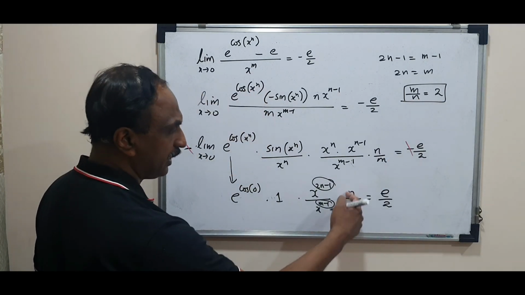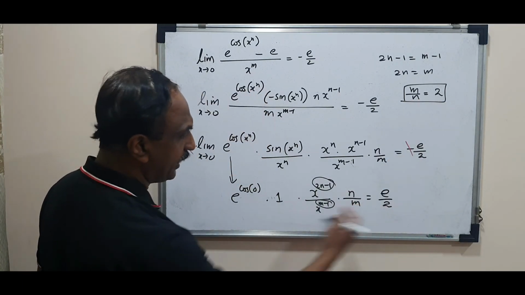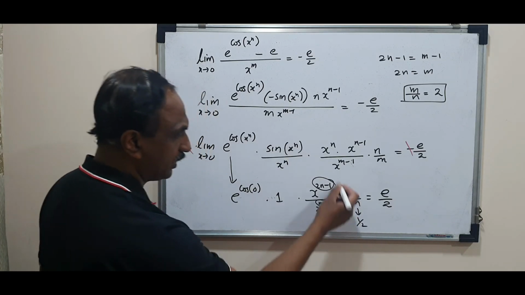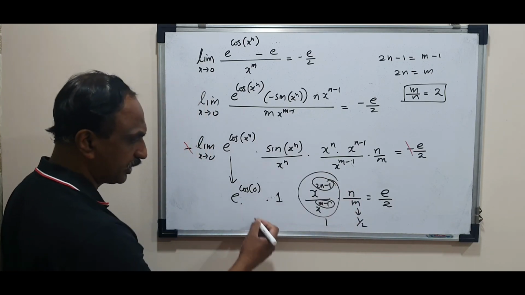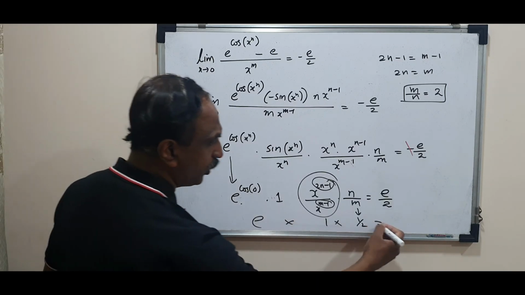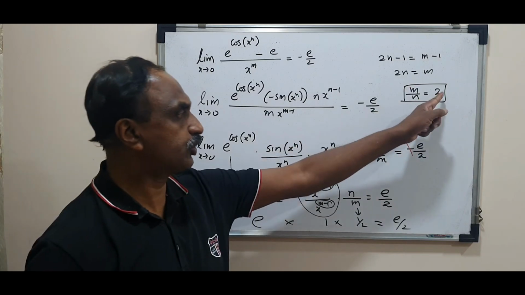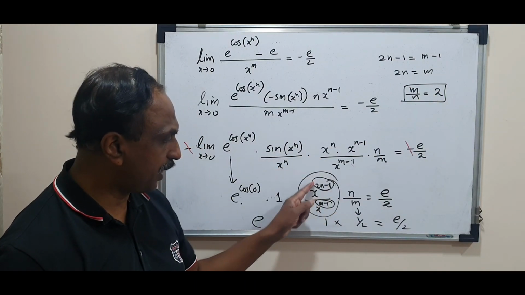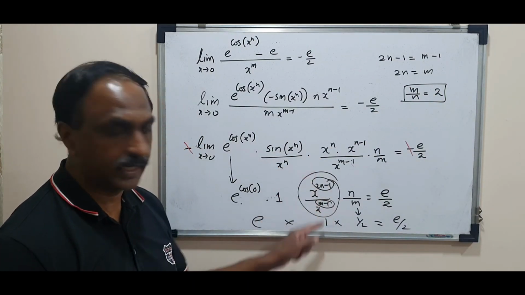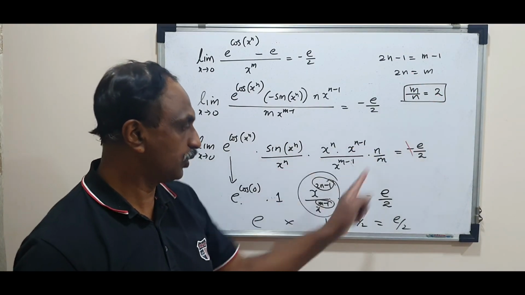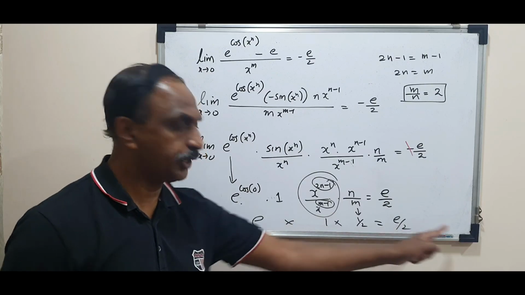So if I put m by n as 2, naturally everywhere it will satisfy. This will become 1 by 2. This will become 1. This will become e. And you can see that both the sides are equal. So m upon n should be 2. What I did is this power should be equal to this power so that they get cancelled. From that you get m by n is 2. So n by m will be 1 by 2. And you will see that both the sides